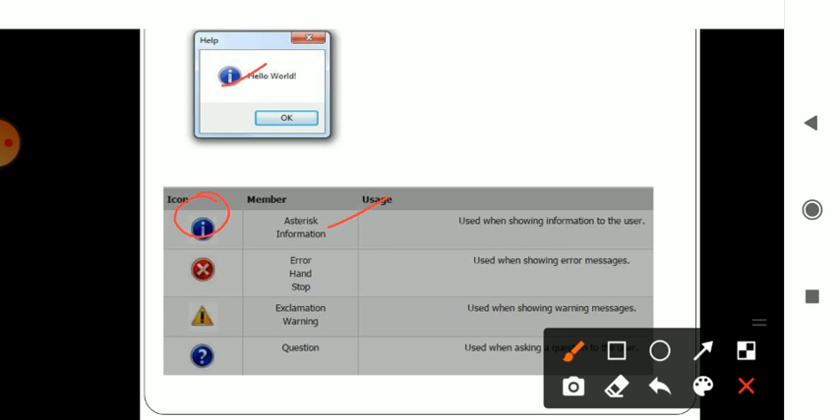If I want to print a certain error message, then I can use this icon and it will be shown on the screen. When there is a warning message, then I use this icon. When I want to ask a question and display the question on the screen, then you use this icon. These are nothing but the members of the